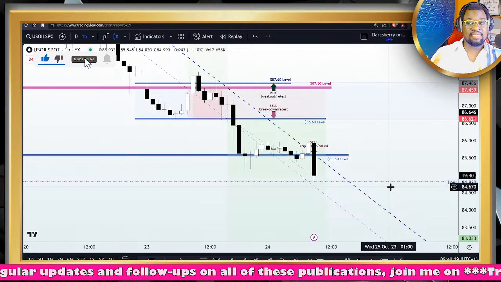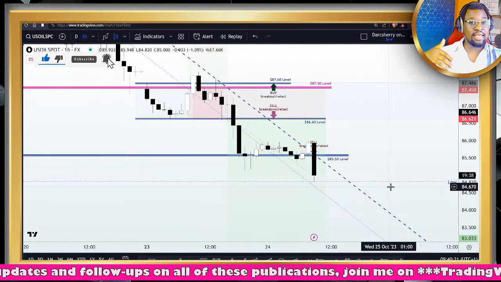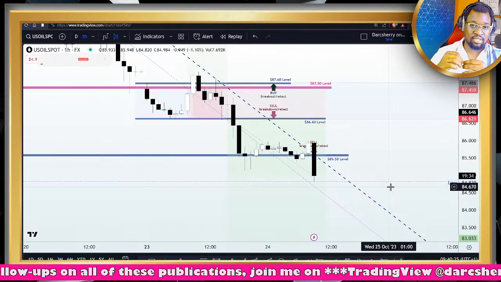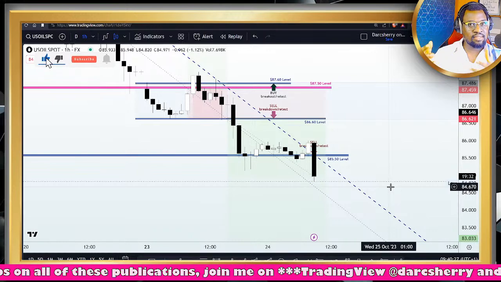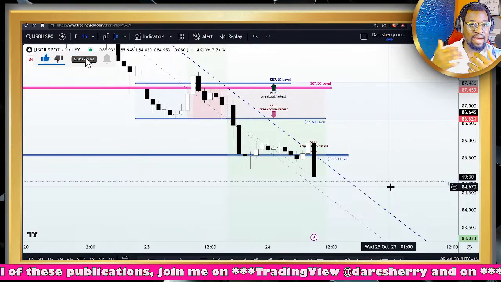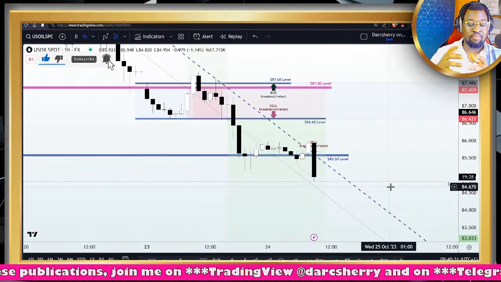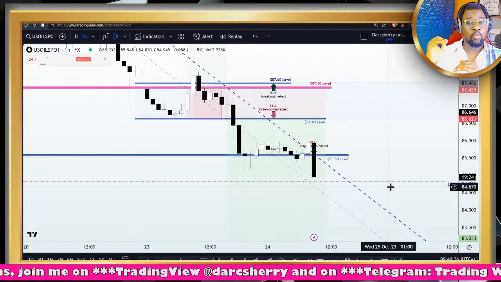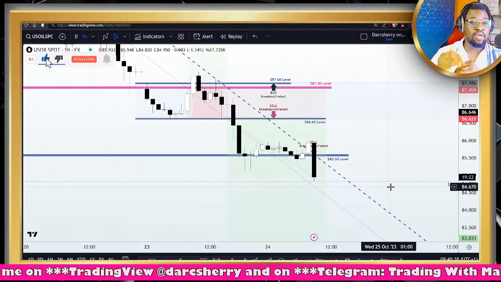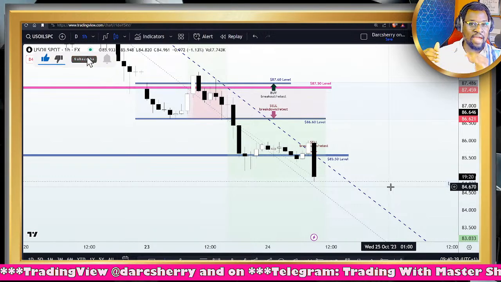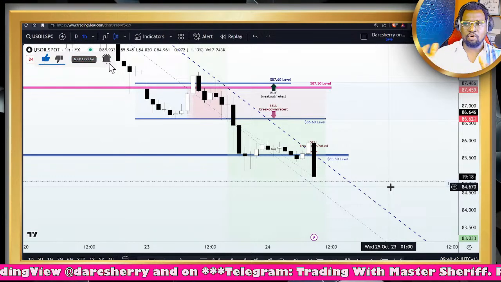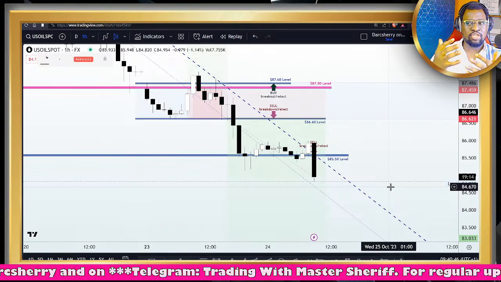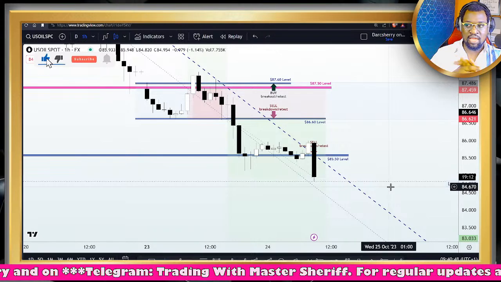Now, in this scenario, and considering the uncertainty surrounding the escalation in the Middle East, we might still see some potential that buyers could come in at any point in time. And if that is going to be the case, what is it that we want to see on this chart that will make us change our bias from bearish to bullish? Of course, for those of us who have been in this community for a while, you definitely know what we will be looking out for.